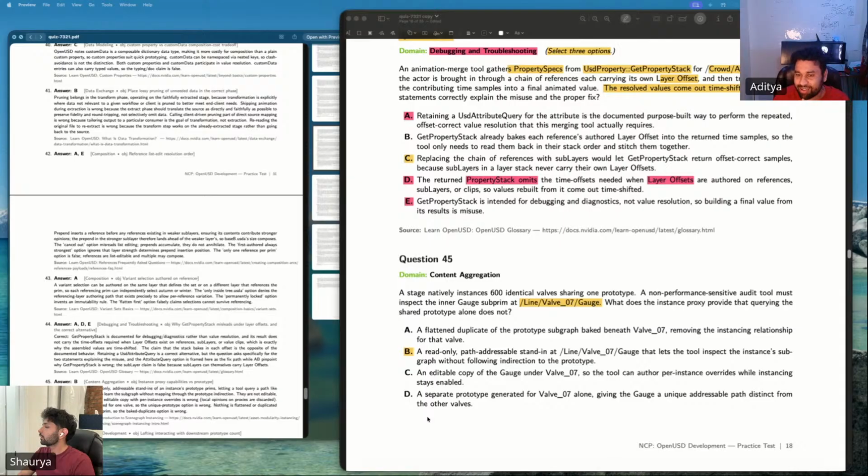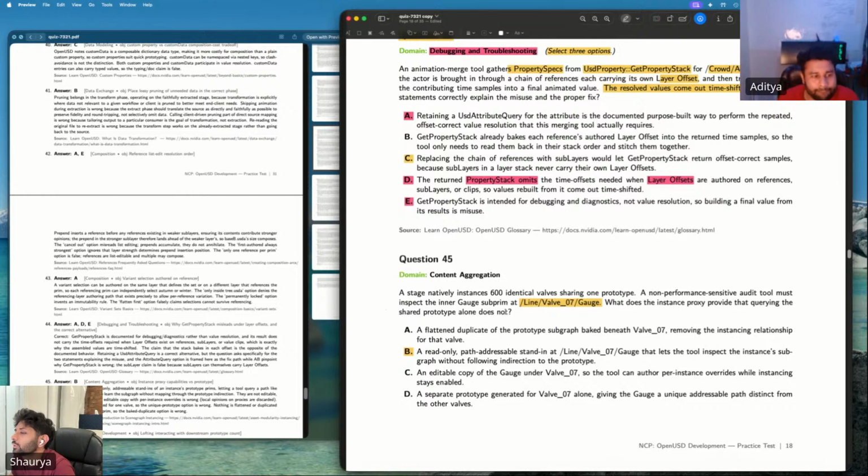Now I know because it's a read-only path addressable stand-in at line valve 07 gauge that lets the tool inspect. Because it said read-only, apart from it every other option said something that instance proxy won't do. That's why we were able to answer this one correctly, because we knew that instance proxies are only read-only, not editable. I see.